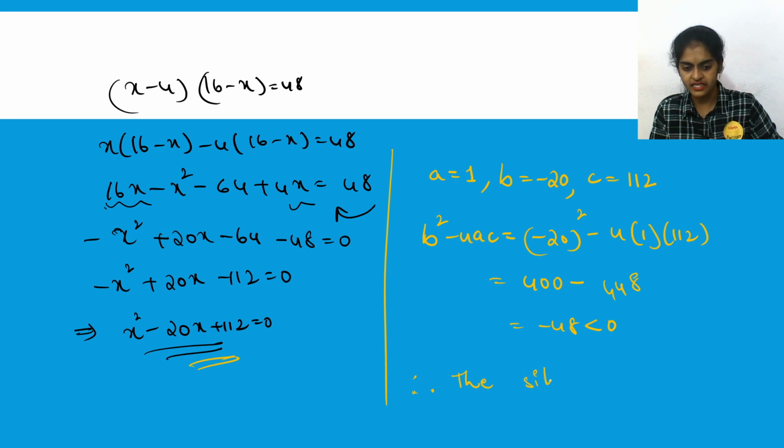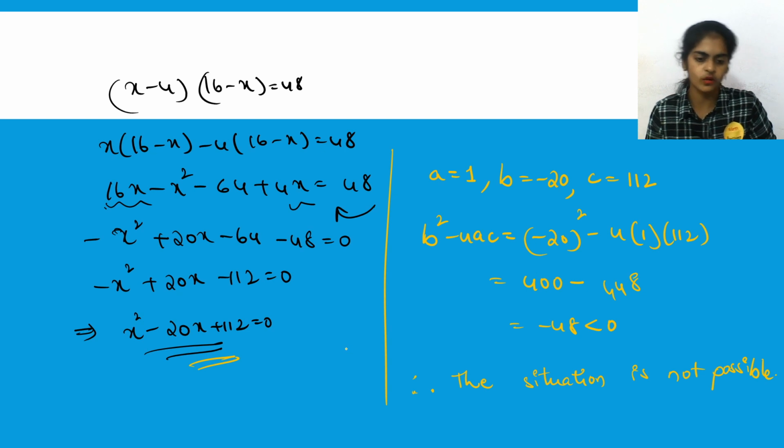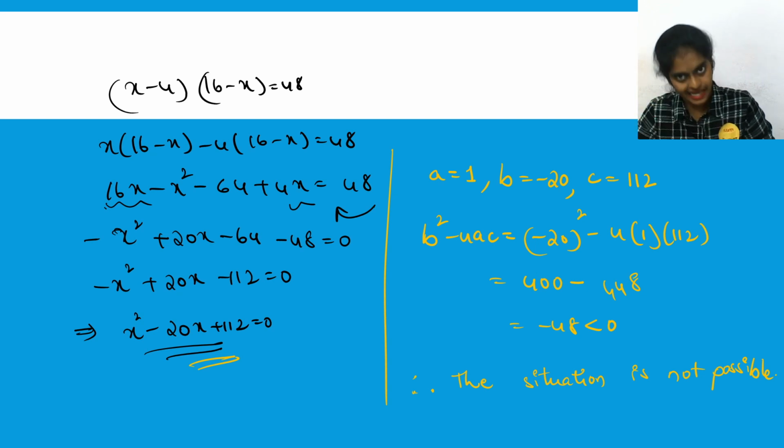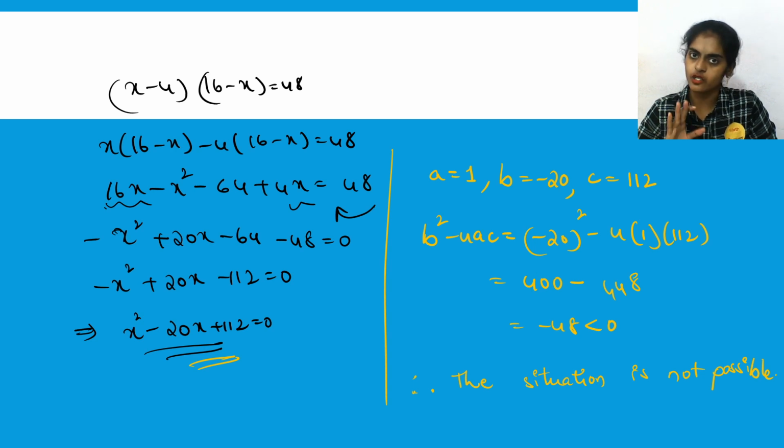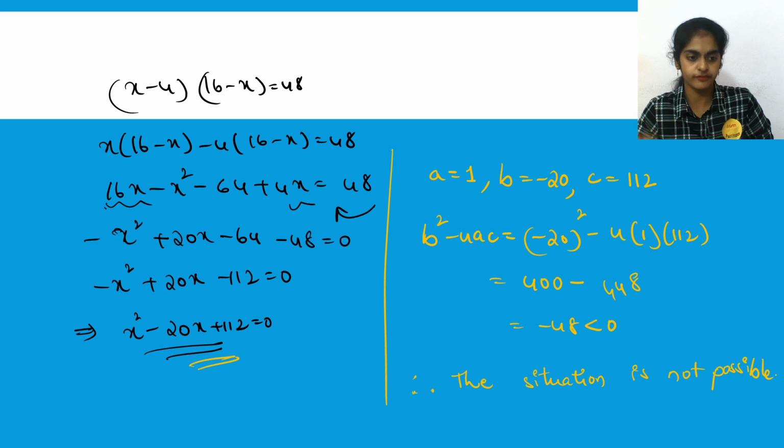You can conclude that this situation is not possible, right? Because you cannot find the value of this, and the age has to be a real value, right? So it cannot be imaginary. We have discussed that if the discriminant is less than 0, you will get imaginary roots, which you will learn in your intermediate class 11. But here, since you are learning only real numbers, age should be a real number. It has to be a real positive number, right? So here there's no possibility of this equation getting a real number answer.